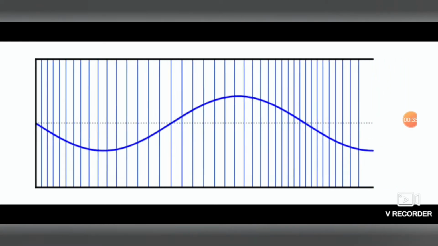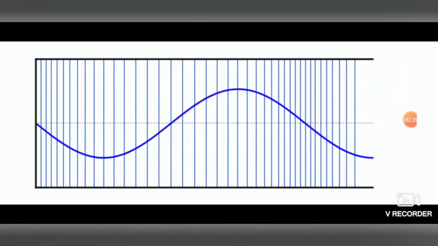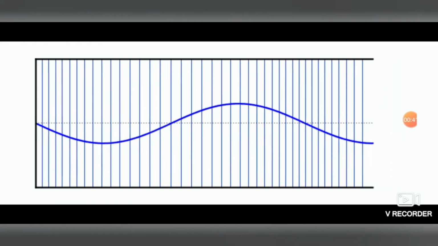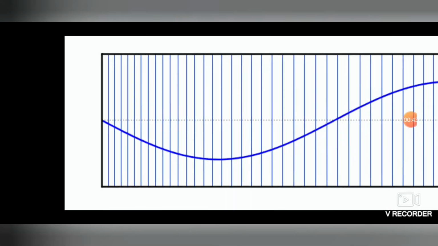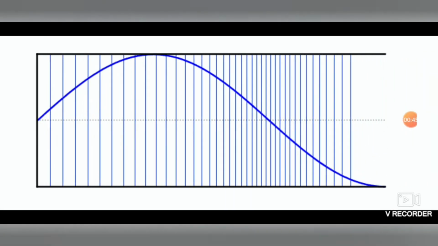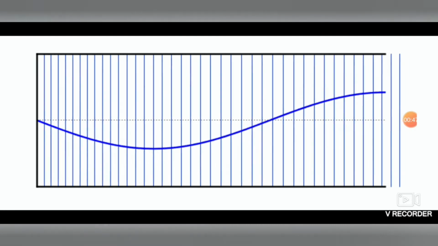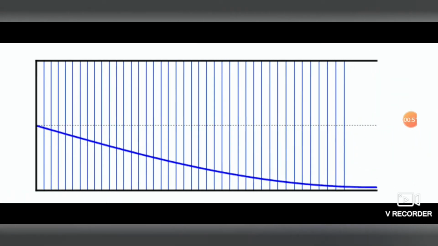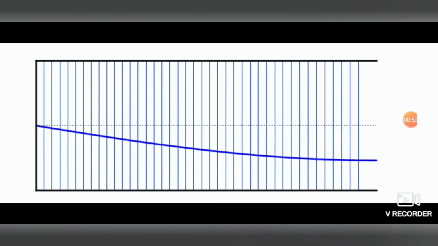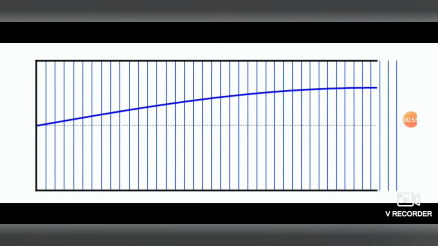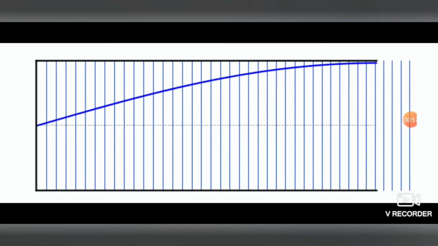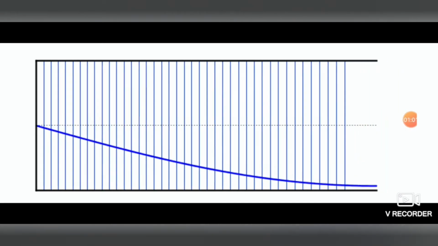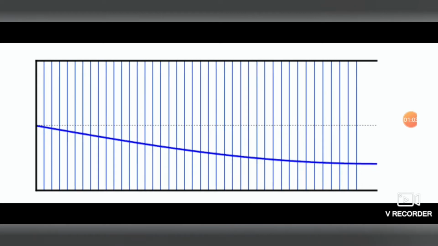As you can see, there are 3 nodes and 3 antinodes: one at the open end, one in the middle and one at the side on the left. In case of the second mode, we have 2 nodes and 2 antinodes. In case of the first mode, we have 1 node and 1 antinode. So these are the vibrations of an air column in a closed organ pipe.